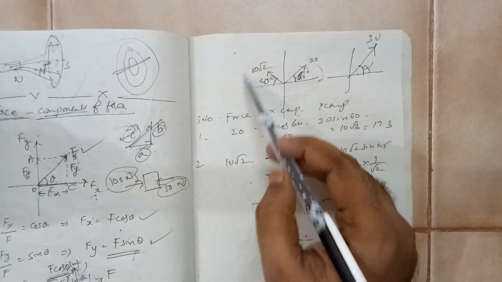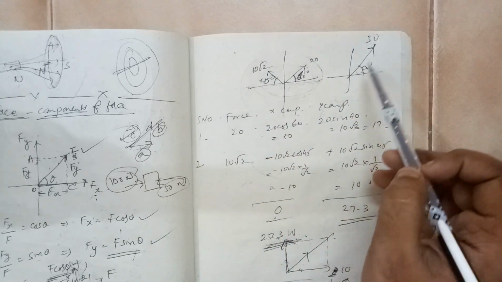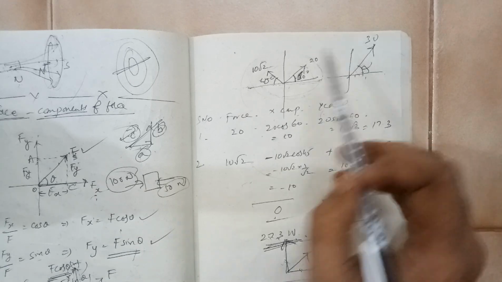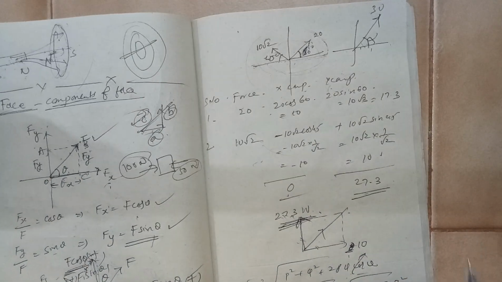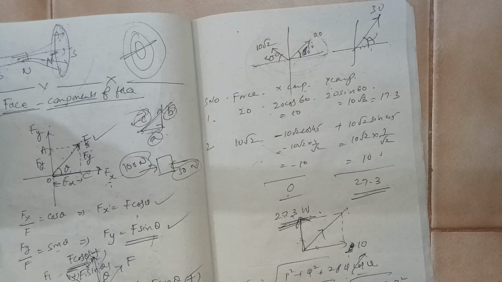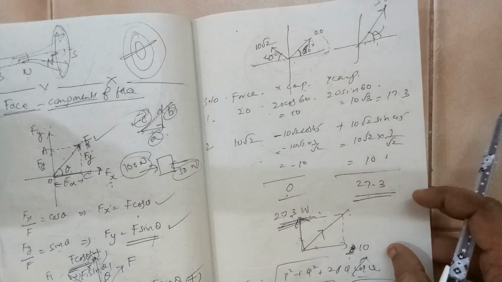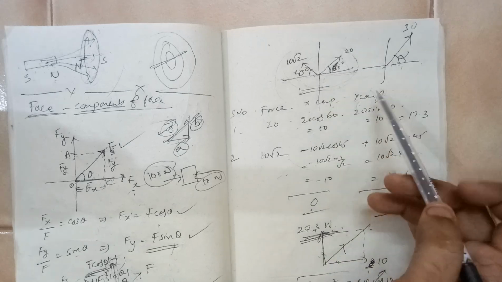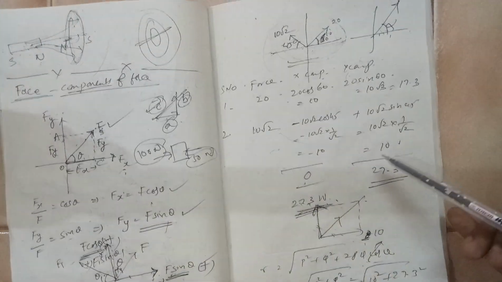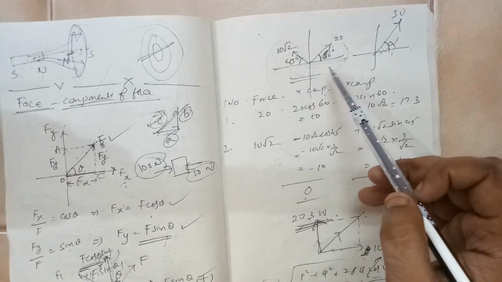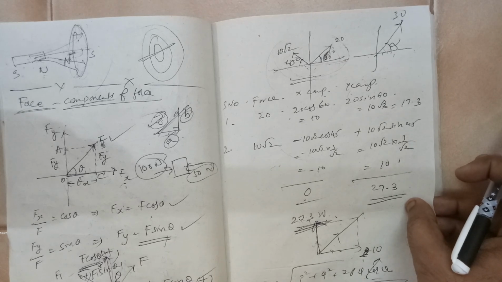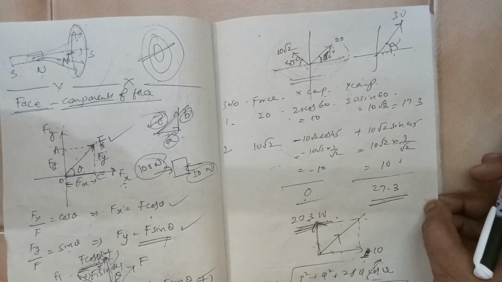So what does this mean? You can remove all these forces and replace them with a single force, and you can also say in which quadrant it is acting and what angle it is making with the horizontal or vertical axis. So this is the application part of the components of force. Any vector can be resolved like this. These are called rectangular components. I have taken a simple case. You can have many forces here, but the procedure you should understand. Otherwise it will only drag on for a lengthier video. I have taken a simple example to illustrate, and that's it.